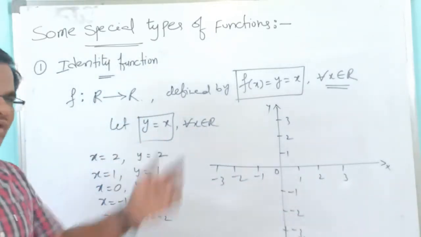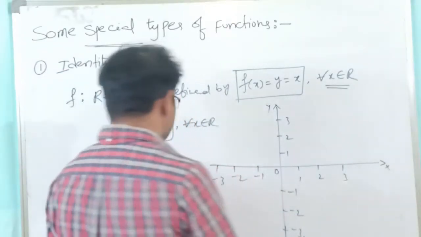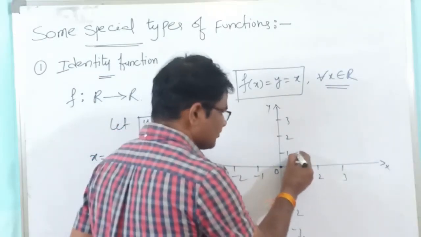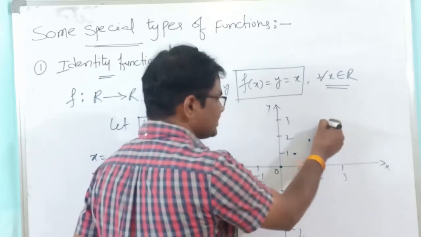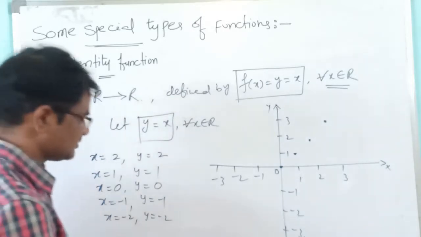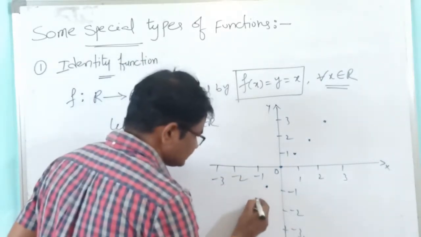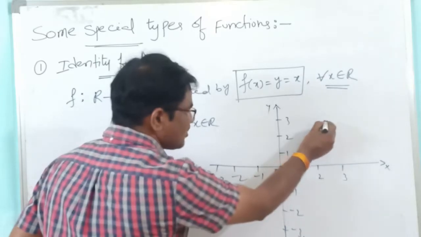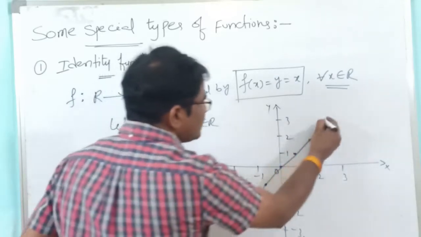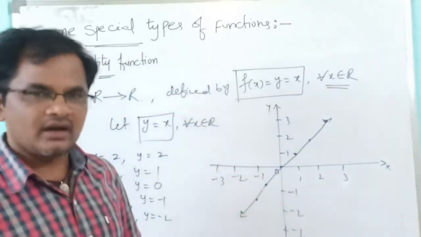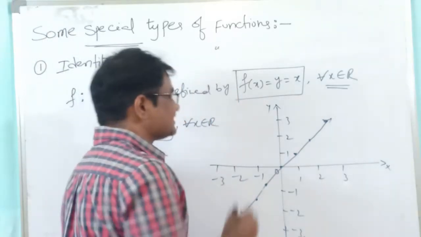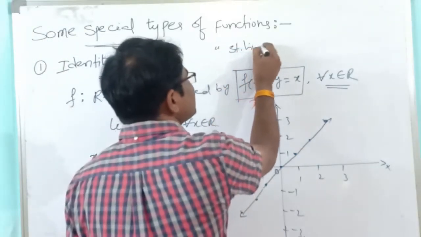So 2 comma 2, which quadrant? First quadrant only. And 1 comma 1 is also first quadrant. 0 comma 0 is the origin. And 1 comma 1, 2 comma 2. Next if you take 3 comma 3. Next minus 1 comma minus 1, third quadrant. Minus 2, minus 2. So here and here. Means if you join all these, what you will get? A straight line which passes through the origin, right? Means here the conclusion is what? The identity function is a straight line